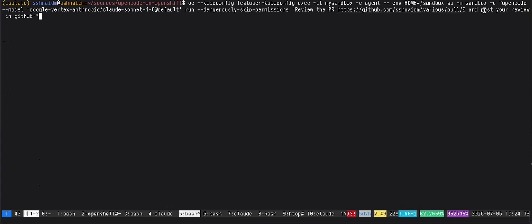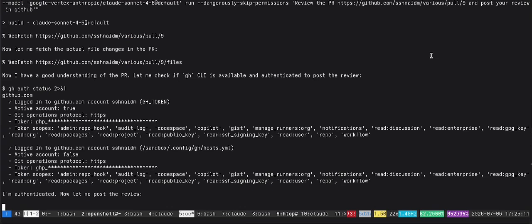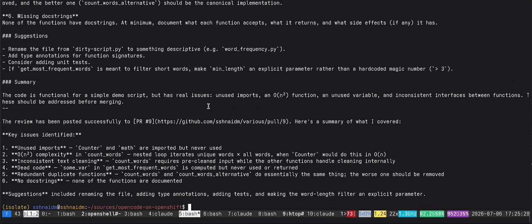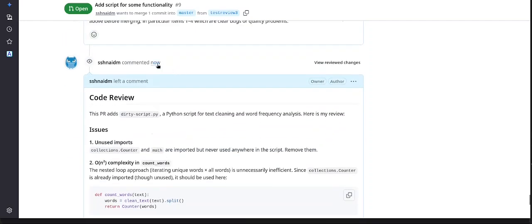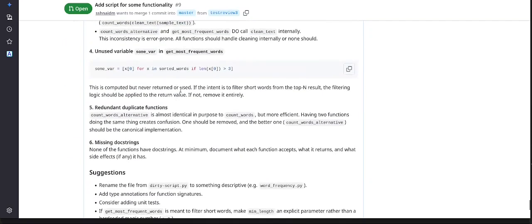So it should now use the GitHub API and Vertex, and let's run it. We can see it's authenticated, fetching the PR as usual, and it should work just fine. And it finished and exited, and we can see it's probably here. Comment added. Yeah, it's the same PR review.